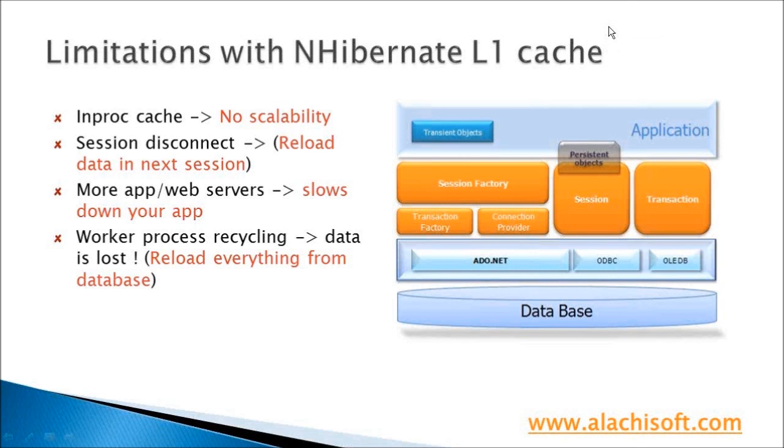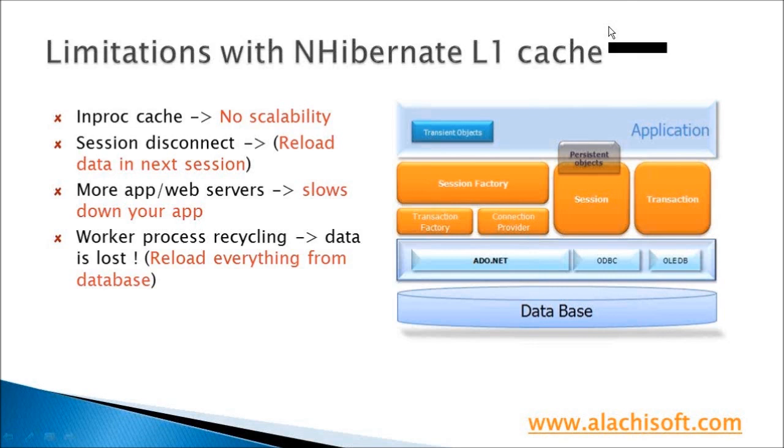In enterprise applications, you usually have multiple web servers in a load balance scenario, and there are multiple worker processes running on each of them. So it results in placing multiple redundant queries on your database for the same data from each worker process, which slows down your application as a net result, and it also results in redundant storage individually on each worker process side in its own memory. And you can't scale out when you need to grow your user base.